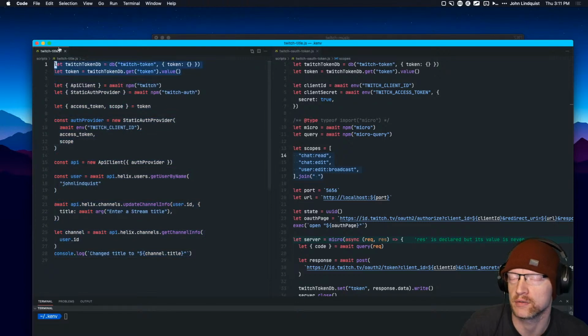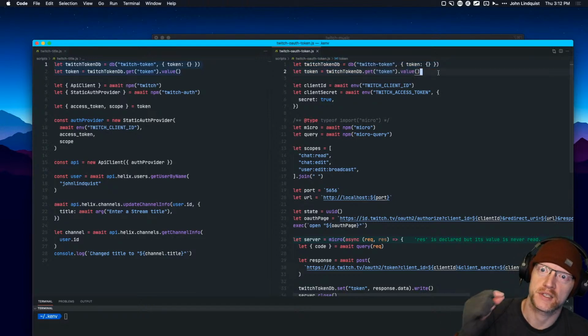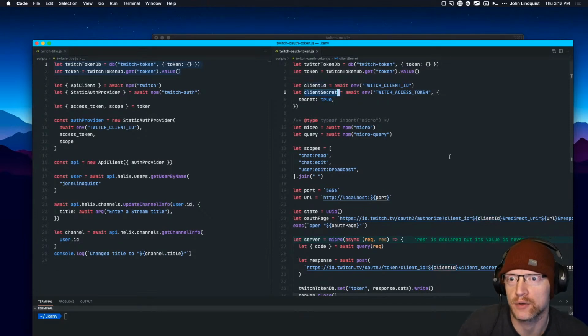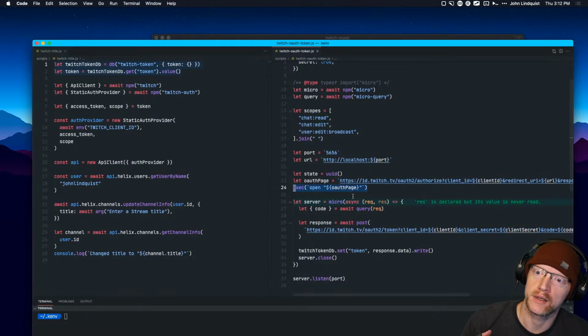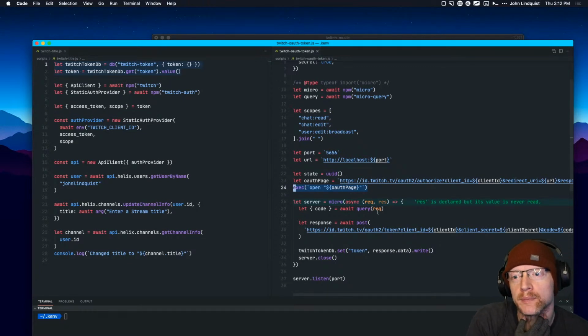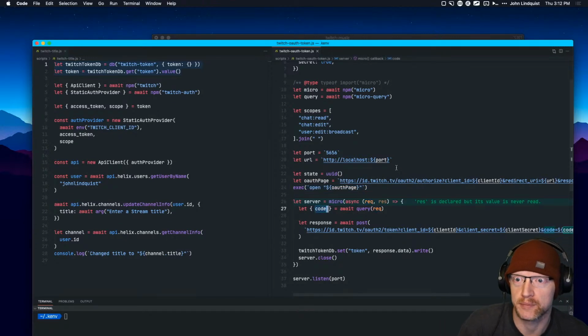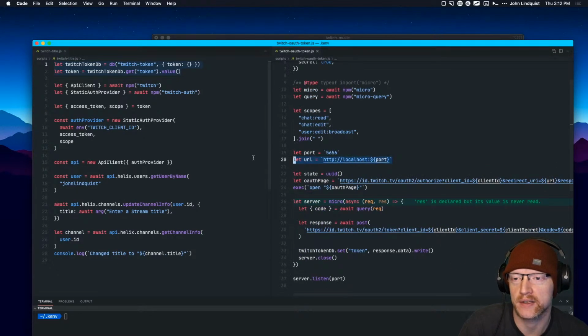Essentially, it just grabs the token from here. So this script sets up a database, it's just a JSON file. It uses your client ID, client secret, and then it makes a request, and that opens a page for you to log in. And once you log in, it'll send the query params to this little server we set up. So the redirect URL is right here, and that's this. So it sends to that, and then we read the code from that and then send that code back to